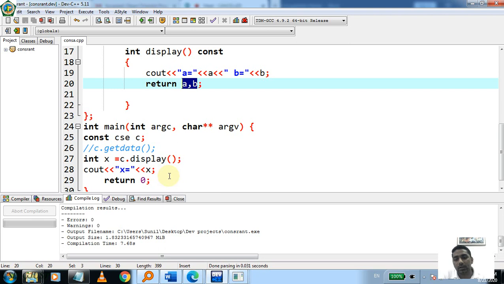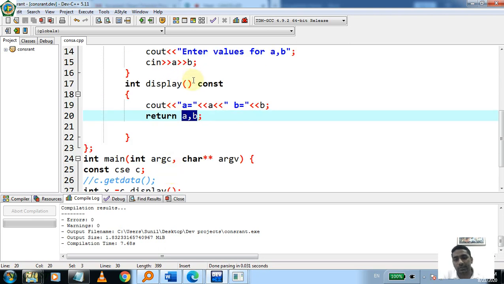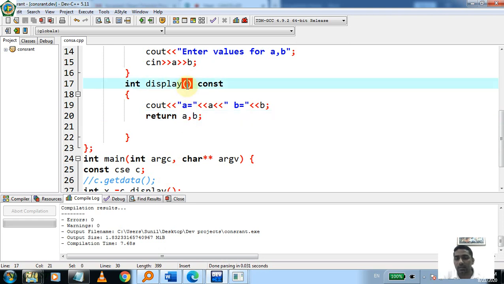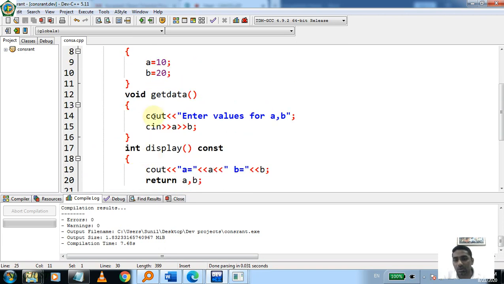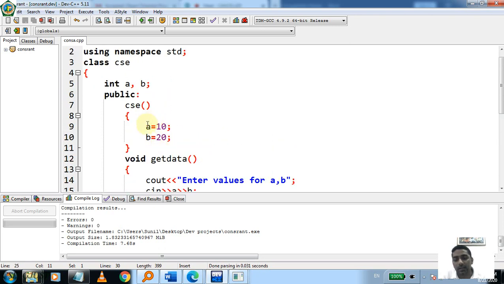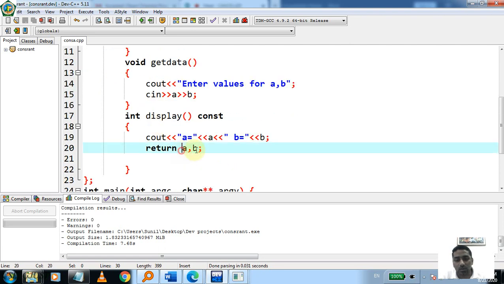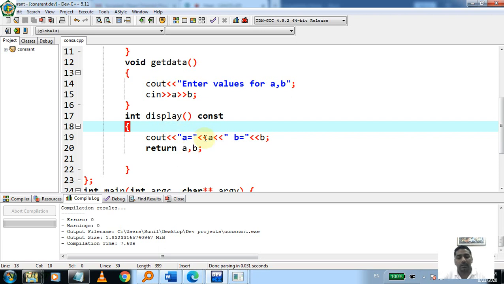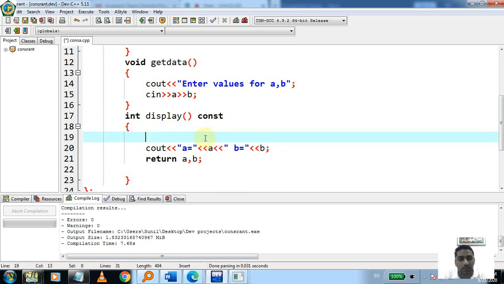Recently in our previous program, when we were talking about the constructor, we passed an object as an argument in the copy constructor. What does it mean? It means your object has two values. As you know, your object can call the get data function and display function, and it can use the a and b variables which are private inside this class. So if you want to return anything, and your function is not constant, then you can remove this constant from this function.